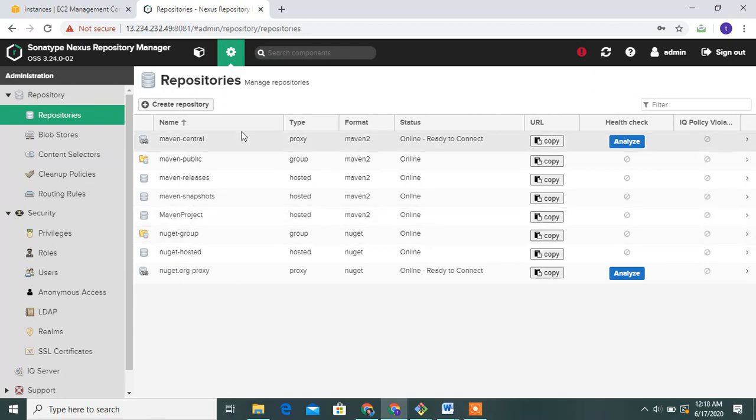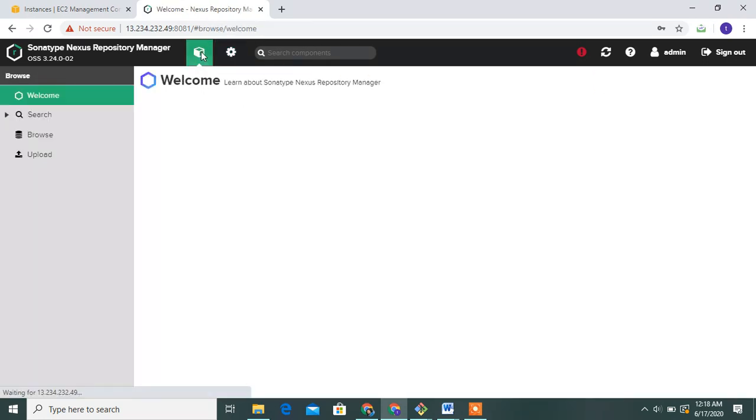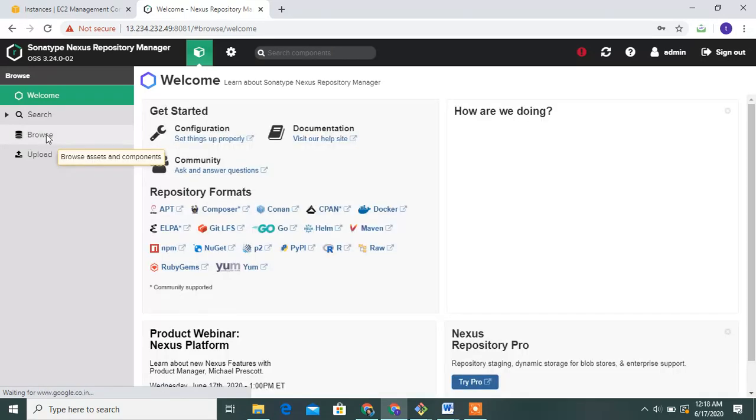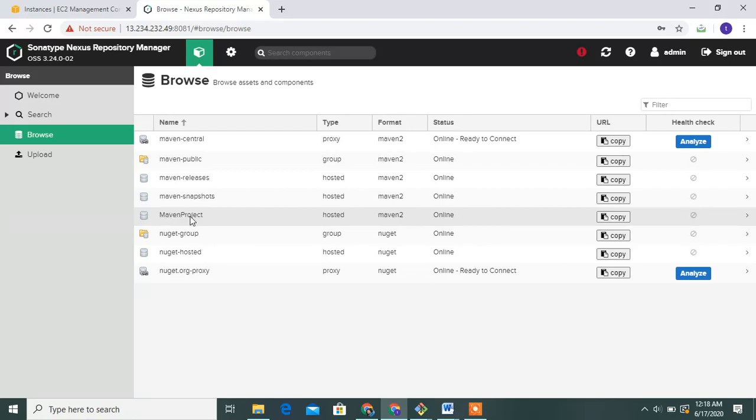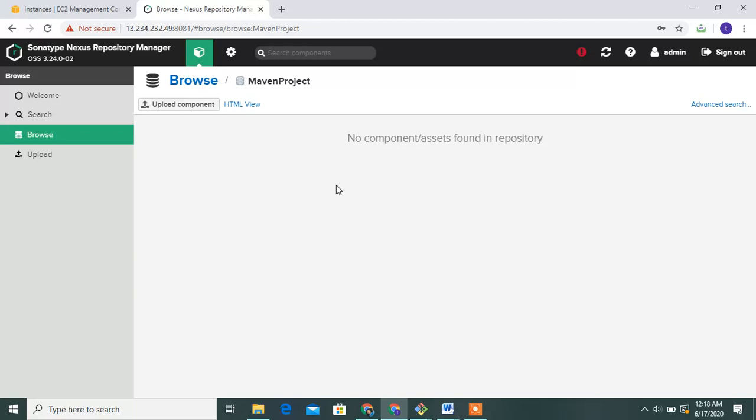See this and go to browse, browse the Maven project. Yes, see this guys, this is the created Maven project. Configure Jenkins with Nexus, upload the artifact and store it in this place. I will definitely do it, guys.